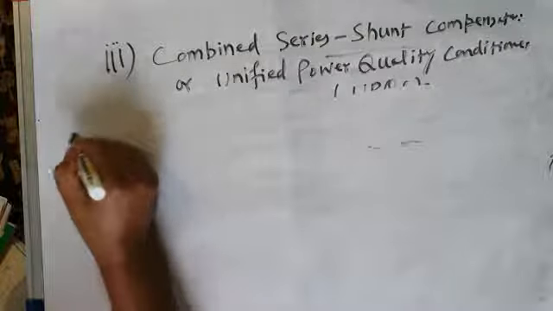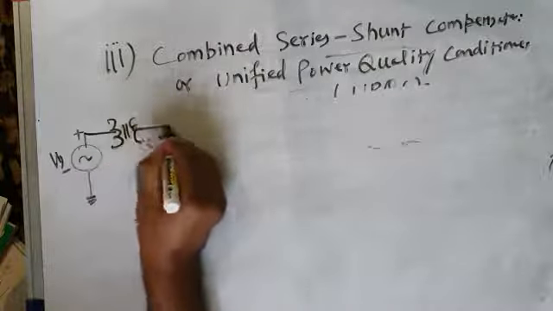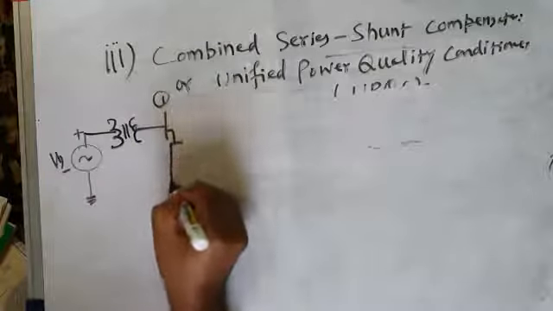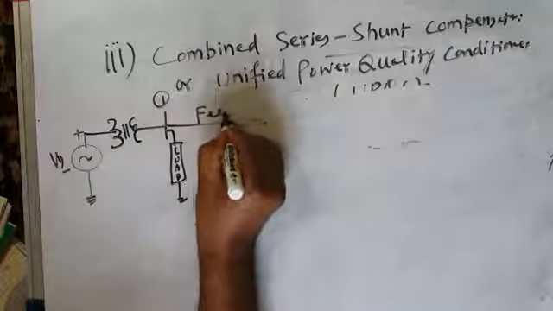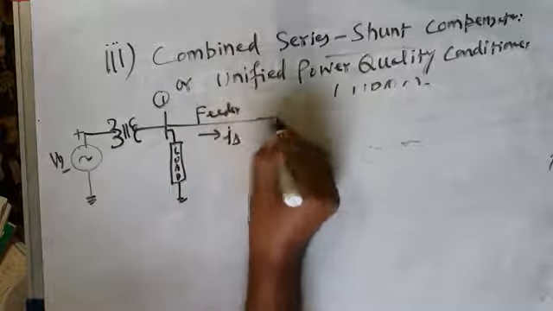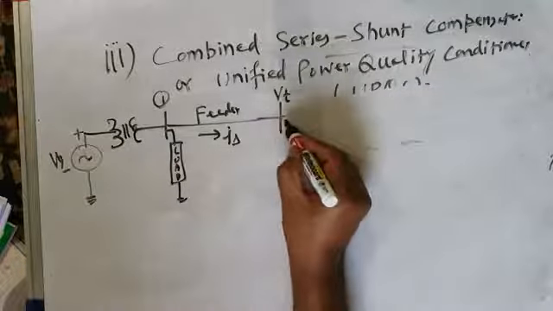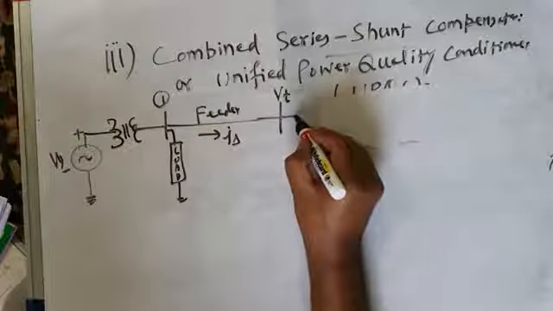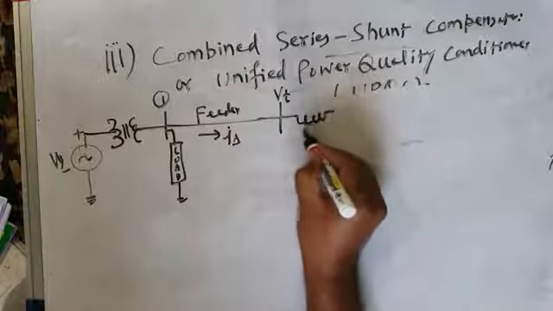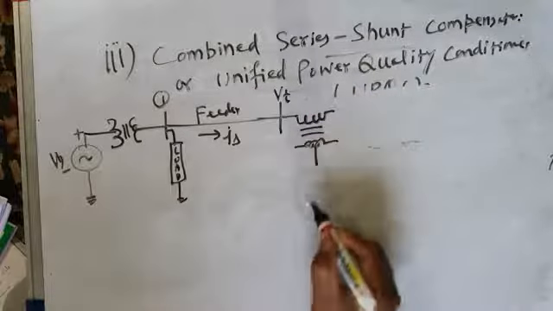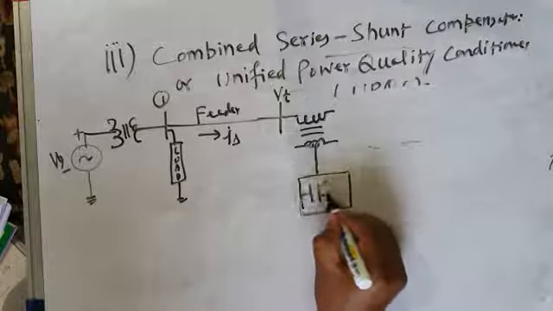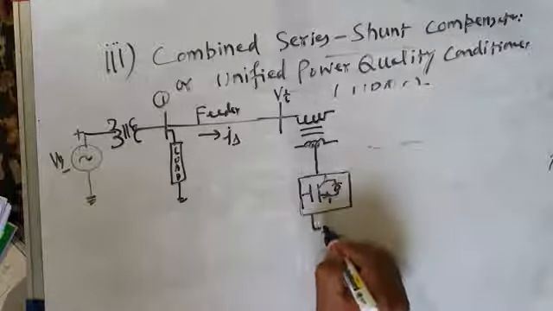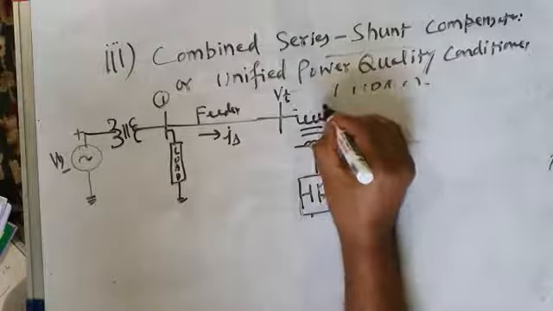This is as usual source voltage Vs. This is a distribution transformer. This is bus number 1 जहाँ पे आपका load connected है. And then this is your feeder. Feeder carries the feeder current or source current IS. ये point of common coupling है VT. और यहाँ पे आप क्या करते हैं? What you do is, you have DVR like this through injection transformer. Let me first of all complete the power circuit or schematic diagram, and then I will try to explain it. Okay, it is this. This is the injected voltage VF,